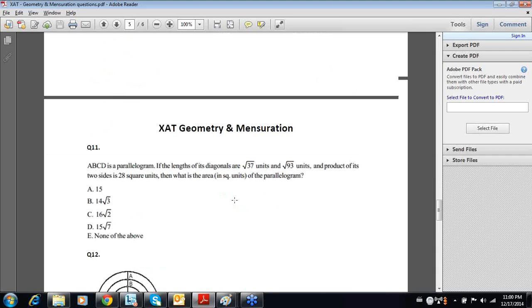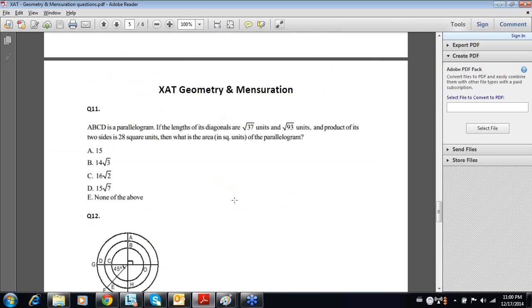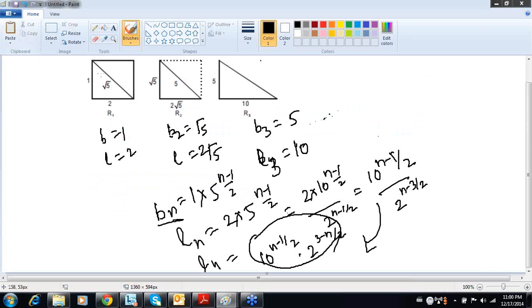Clear, everybody? Krishan, you are clear? Ritvik,